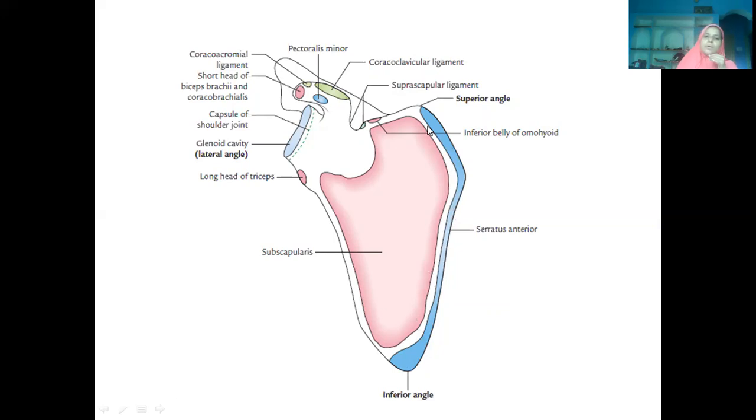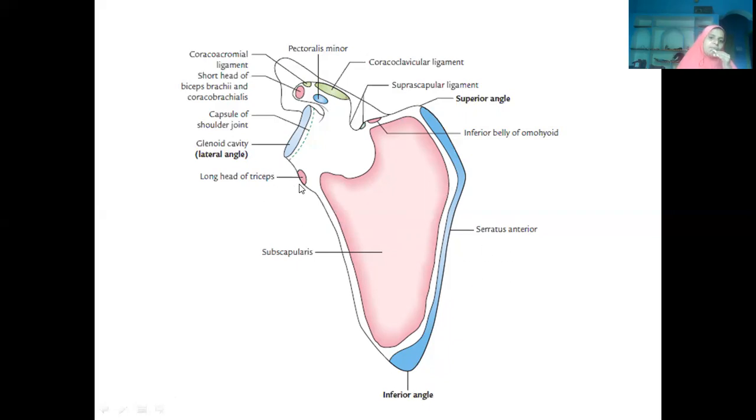From the superior angle to the root of the spine, you will find 1 digitation. From the root of the spine, you will have 2 digitations going to the inferior angle. The last 5 thick digitations are all getting inserted in the inferior angle. Digitations means something like fingers, 8 digits. So the medial border on the costal surface is receiving the insertion of serratus anterior.